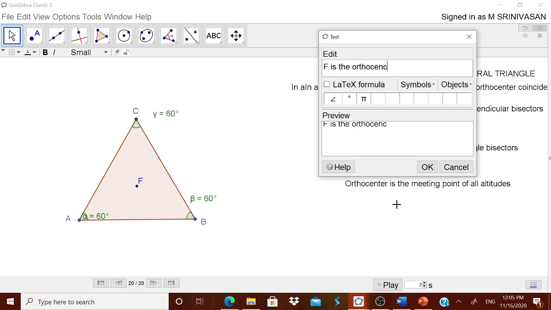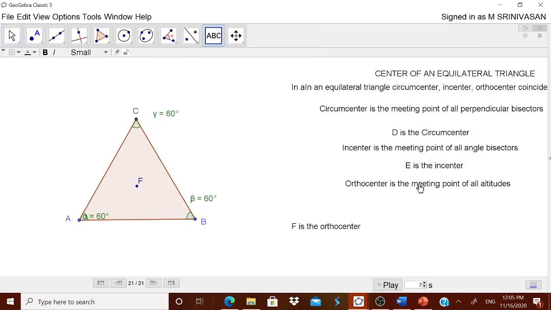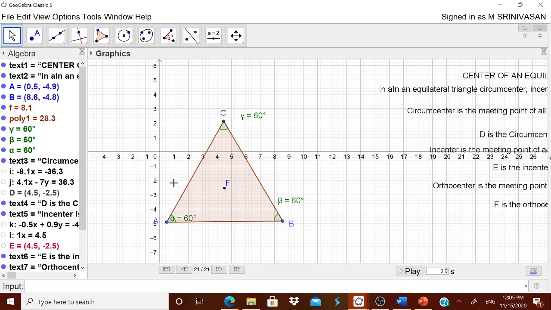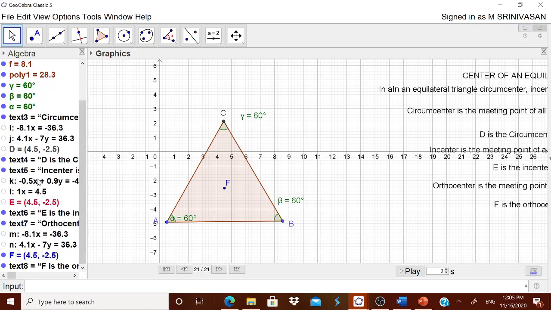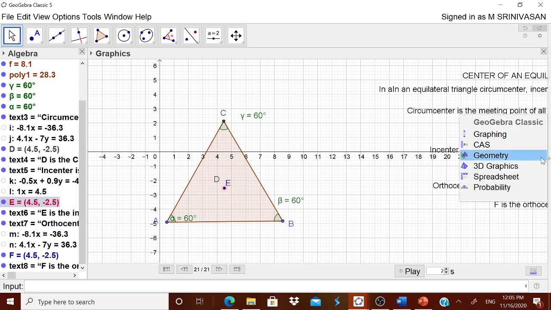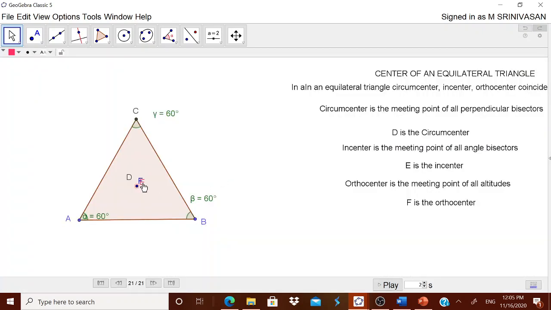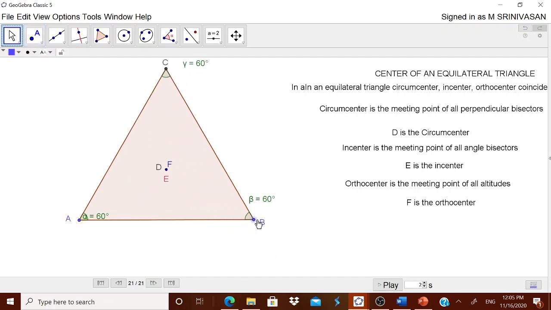Now we have got all the 3. We have to tell the children that all of them are one and the same. For that, let me go to this graphing. Here D, E, F, you see they are all in white color. You see E is hidden there, D is also hidden. Click it, D has come, click it, E has come, and F is also there. Press escape, come back to this geometry view, and bring this E here and bring this D here. Now you see all the 3 points are one and the same. Therefore this is the center. When you pull it, all D, E, F move together.